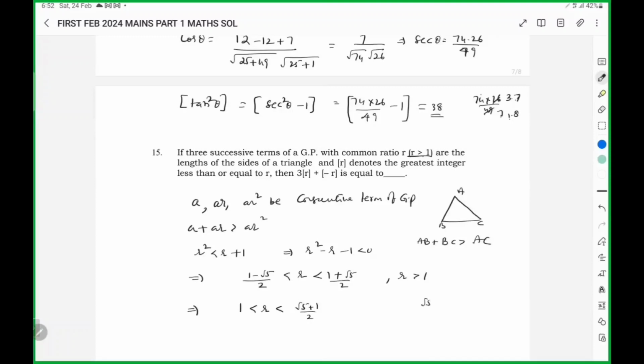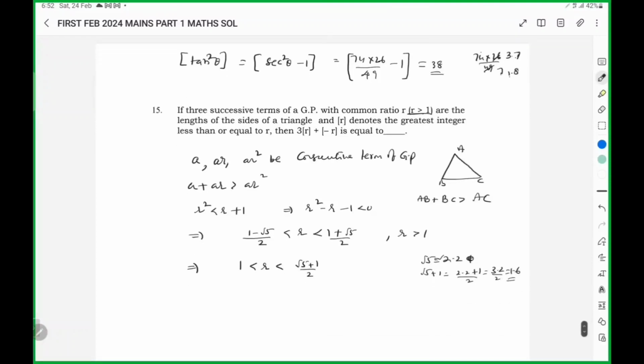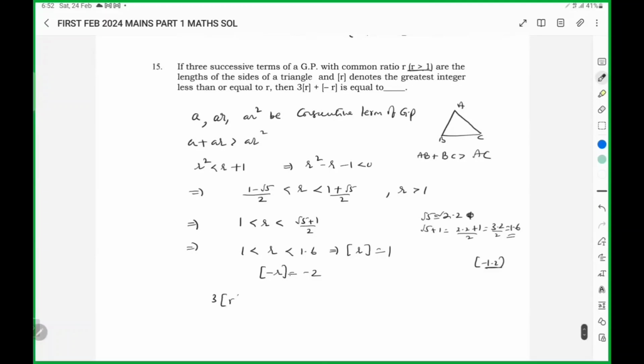So root 5 will be 2.2 something approximately. Root 5 plus 1 will be 2.2 plus 1 by 2, 3.2 by 2, 1.6. So it's a rough approximation, which implies step of r will be 1. Step of minus r will be, like, minus 1.2 in between, it will be minus 2. So 3 times step of r, step of minus r will be, which is